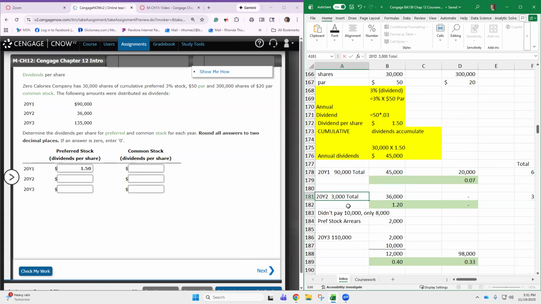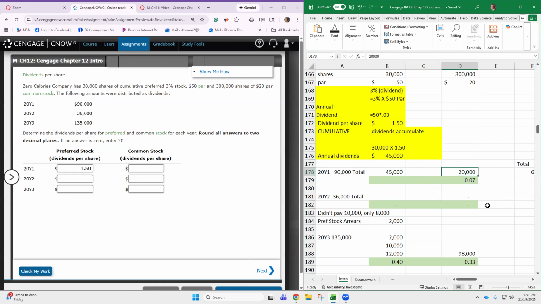The second year, they're paying out 36,000. Okay. And then the third year, they're paying out 135,000. Okay, so let me put this down. So once again, the first year, they were able to pay the whole 45,000, and then they had some left over for